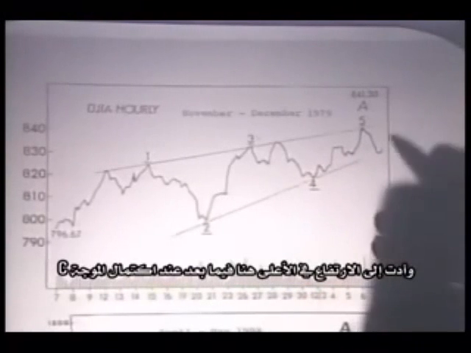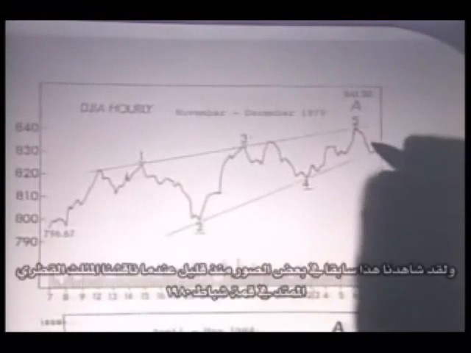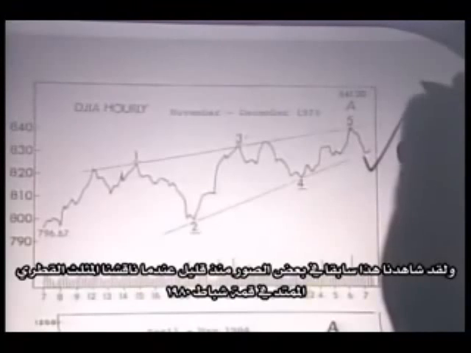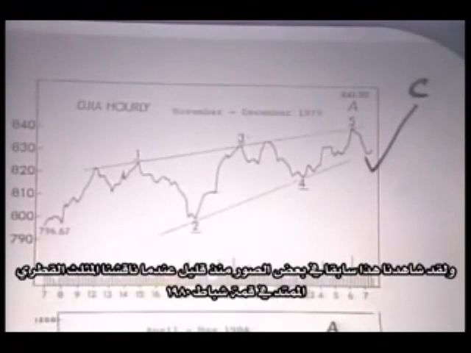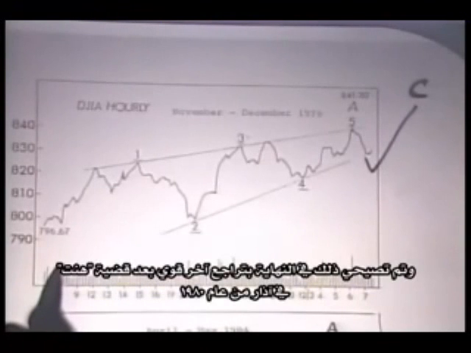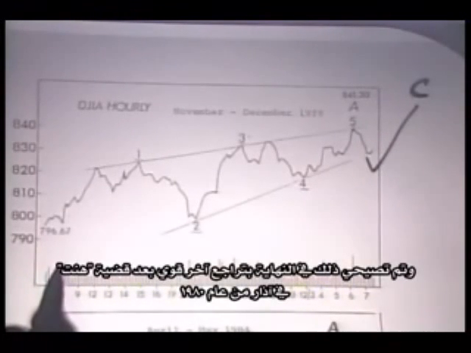It led to a little further rally up here when we completed wave C. As a matter of fact, we looked at that a couple pictures ago when we saw the expanding diagonal triangle that peaked in February of 1980. And this was ultimately corrected by another strong decline, that being the Hunt debacle